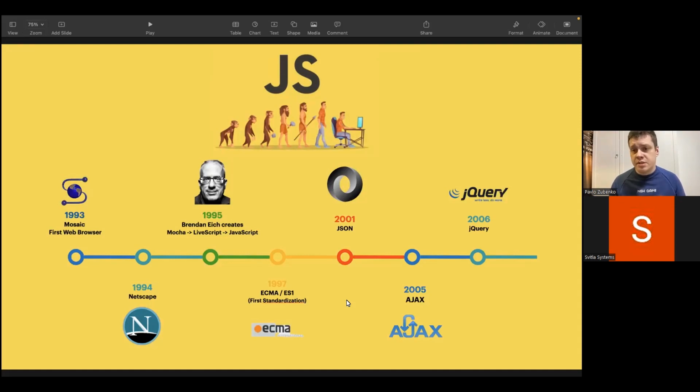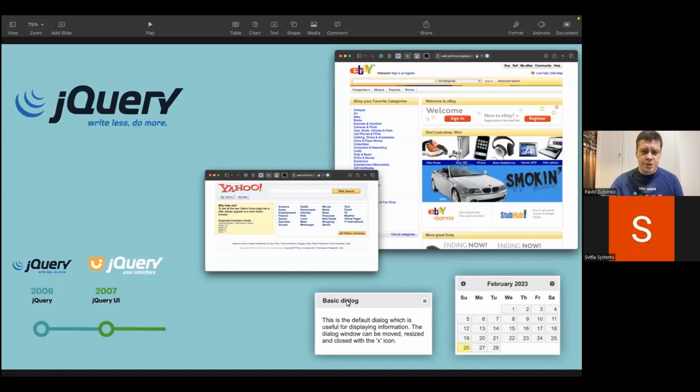And the first global framework or library, as we're supposed to think about it, jQuery, appeared in the meaning of actually JSON and Ajax functionality. So what did jQuery actually provide for us? Here are a few examples of web applications, how they were actually designed, styled and built. It's Yahoo and eBay of those times.